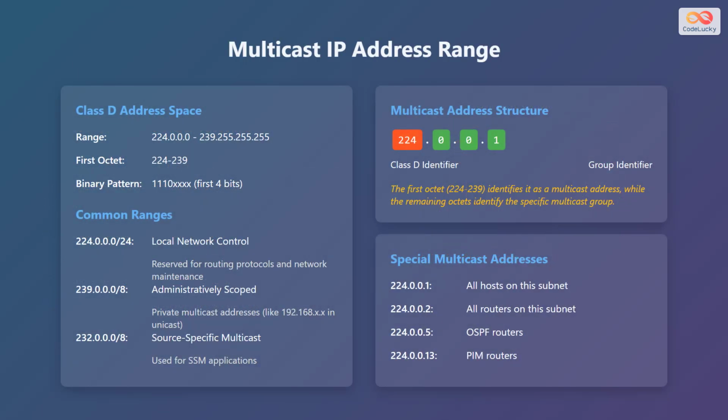Let's understand the multicast IP address range. Multicast IP addresses fall within the Class D address space, ranging from 224.0.0.0 to 239.255.255.255. The first octet of these addresses ranges from 224 to 239, and their binary pattern starts with 1110. Important ranges include